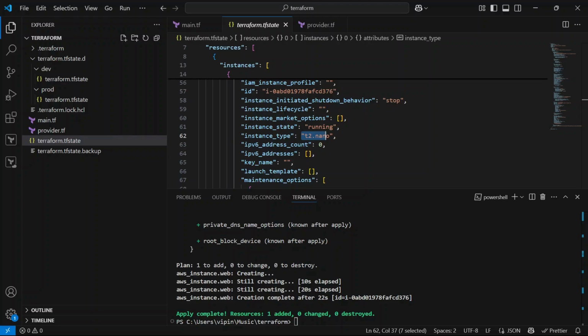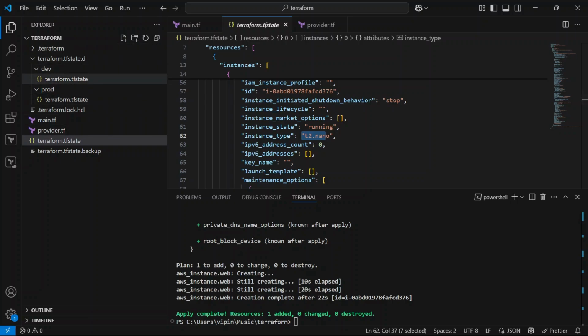For any organization, you don't have to provision any resources using the default workspace. For some testing purpose you can do it, but not for the production or dev or staging environment. You cannot do it directly using the default workspace. You need to keep that point in mind whenever you work on real-time projects.